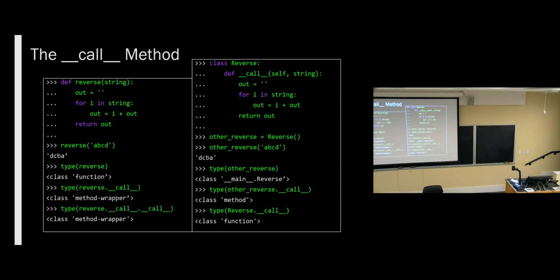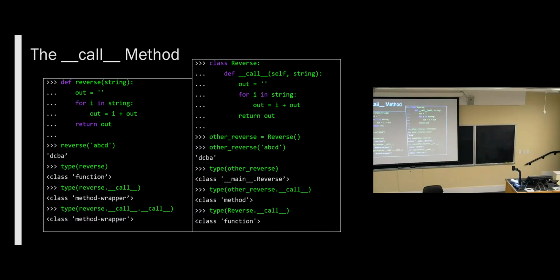so that they actually do something at the end of the day. So why is it called method wrapper and not function wrapper? Good question. I don't know. I think it's probably because this thing is a function, but functions are objects. And so technically this is a method. So you could maybe argue that Python only has methods because at some point you get to method wrapper all the time. So functions are really just fancy methods on themselves. But that's a good answer. Other questions about this? So reverse.call is a method wrapper.